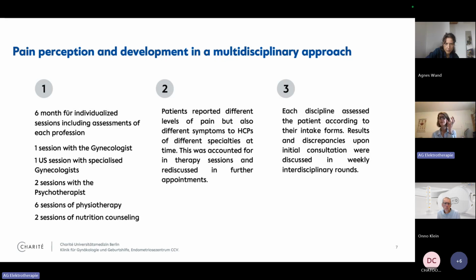So that was very interesting when we could talk about it and realize, okay, maybe this factor, for example, depression, they told our psychologist, but not me or the nutritionist, or something like back pain. They didn't tell the doctor because they thought it's only the gynae part of it. So that was very interesting. So we made a